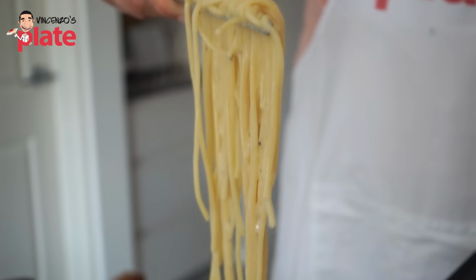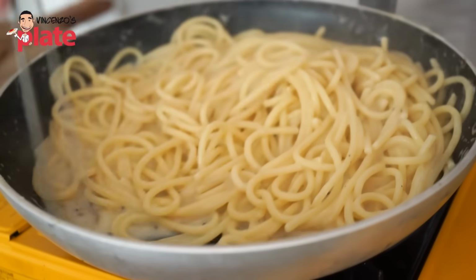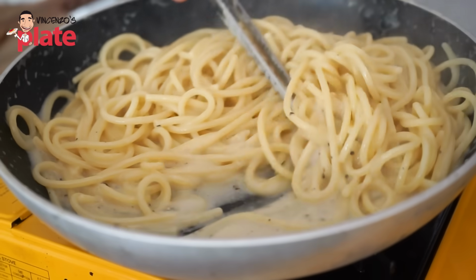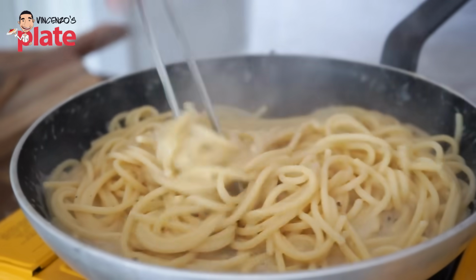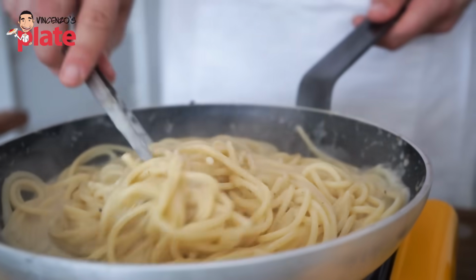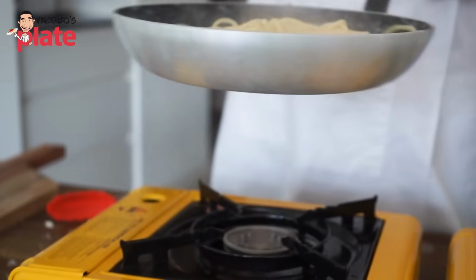Look at that. Look how fantastic this dish is. Huh? Yum. Look, that's the cream that you get, see? That's the smell I want. Real cream, just made with water, pecorino, and love. Why did anyone even start using cream in the first place? I have no idea. I really have no idea. I mean, it's so quick for you to get this beautiful effect. Oh yeah. Why do people...